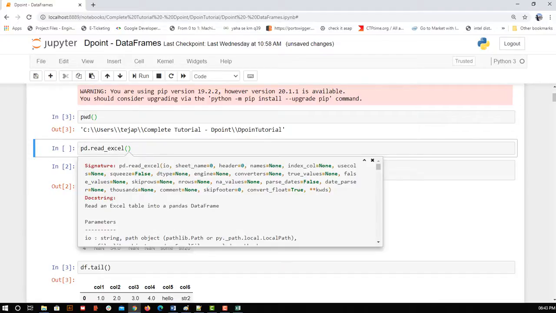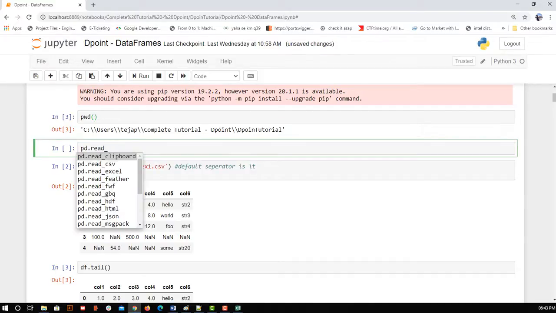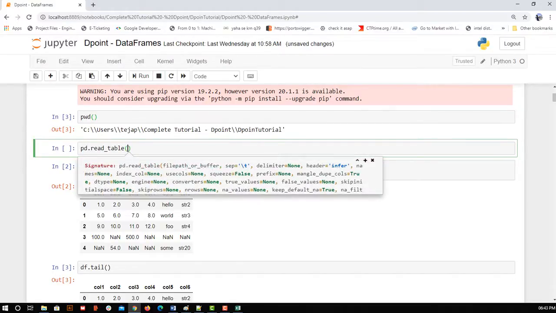Maybe Excel doesn't require a separator, but let us try one more thing to check whether there is a separator or not. Read HTML, no. Okay, let me try with this one, I'll go inside and type shift tab. So you can see read table is using \t.